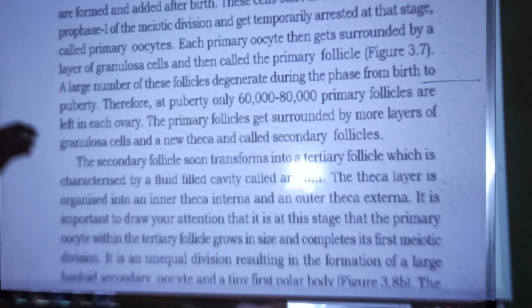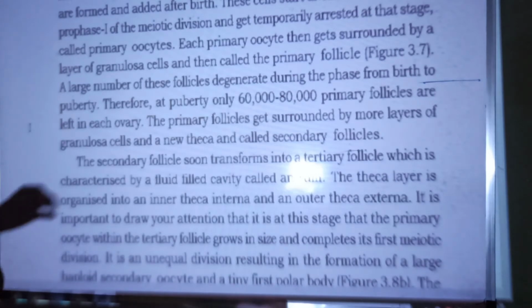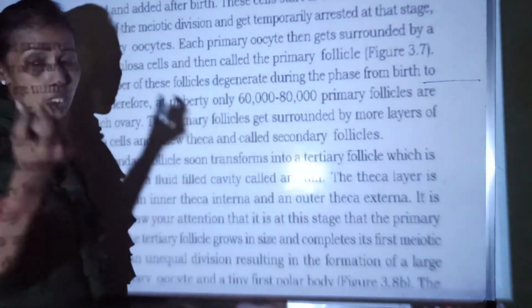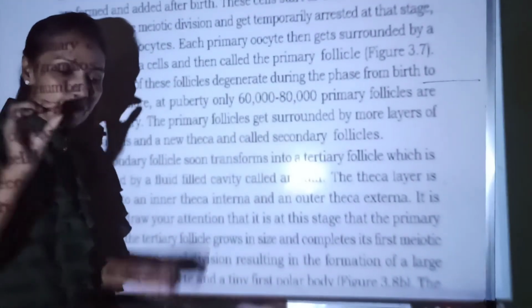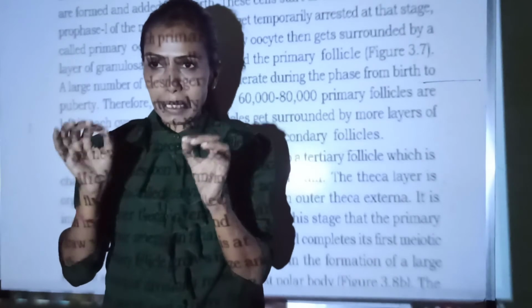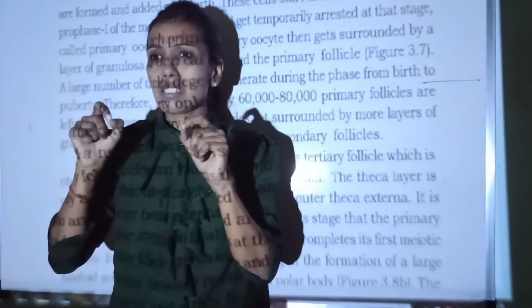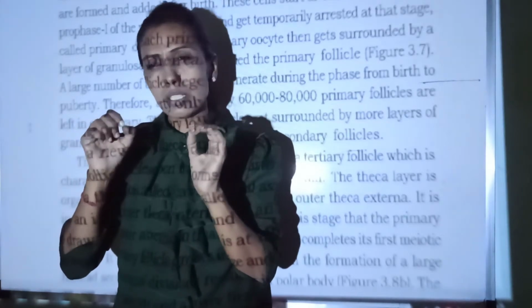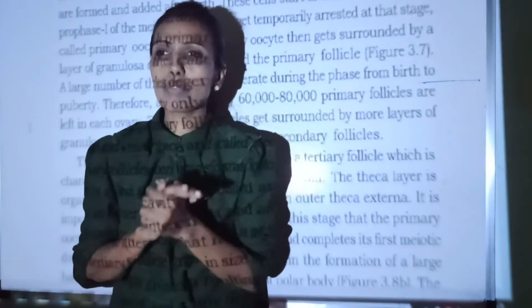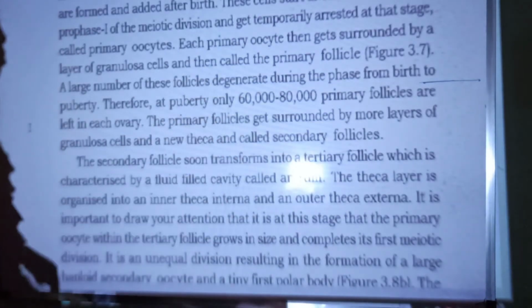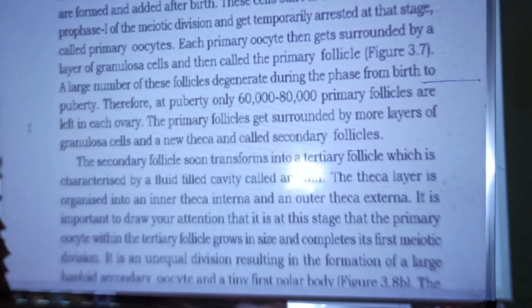Okay, fetal female, a female child, you can say. Later on, after the birth, there is no such formation of oogonia or oocytes. But remember, if it is a female baby, the oocytes, oogonia, the mother cells, are all in the primitive stage, not fully matured. So after the birth of a female, no such kinds of cells are formed. These are already present by birth.